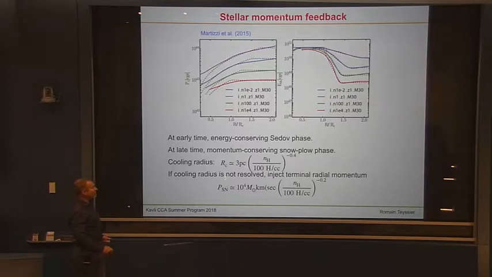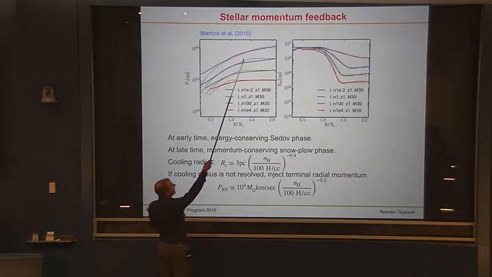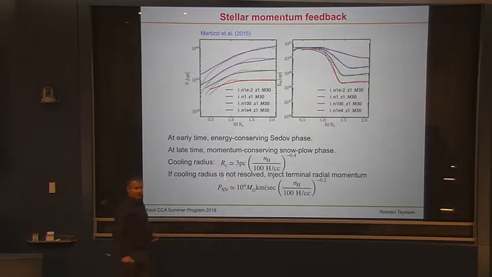And here, the subgrid model, which is used by many, many people, is to actually inject the terminal radial momentum, this momentum you get at the end, directly into the cell. And so here, the subgrid model is to inject the momentum directly in the environment of the exploding supernovae. And then you get a subgrid model which captures the right physics, right? Of course, how you do this momentum injection is another story, and a lot of technical details, but that's basically what I want to say.